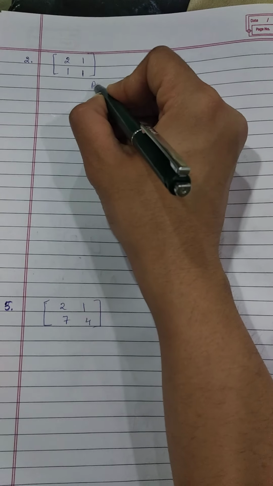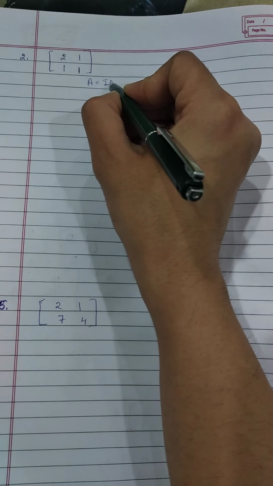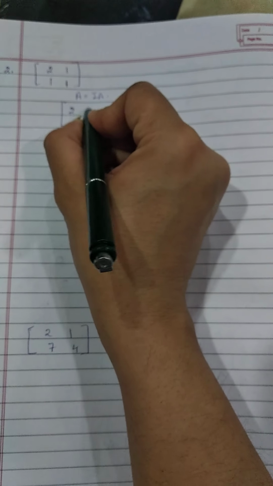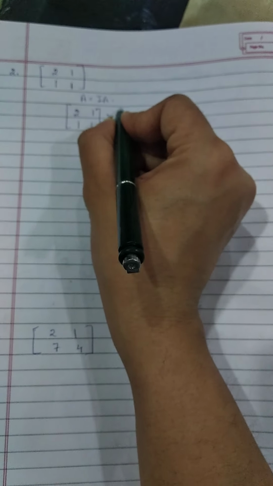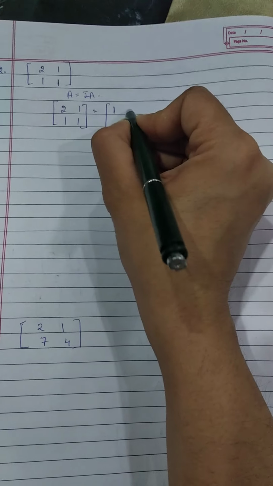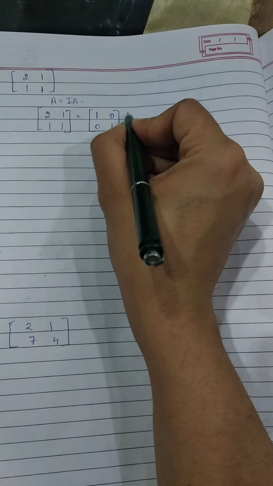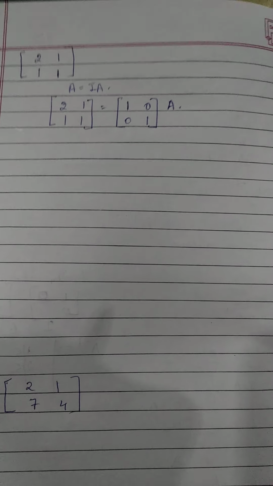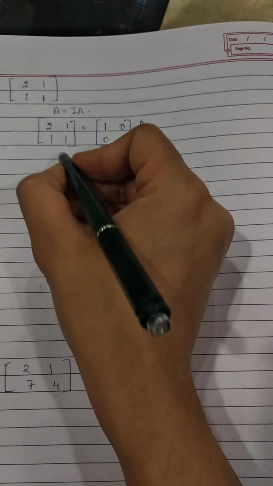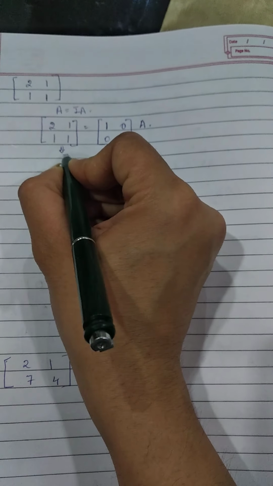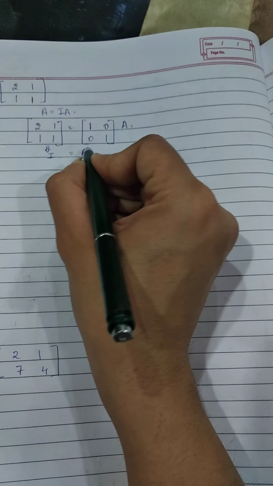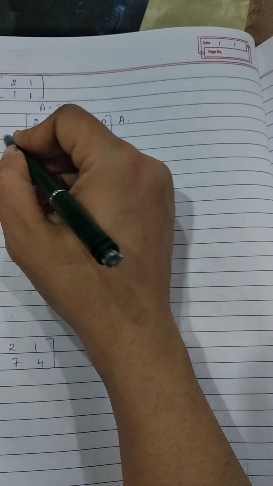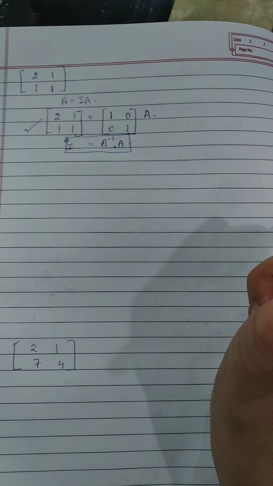Remember, the first relation that we will be using is A is equal to IA, right? So A in this case is the given matrix, that is 2, 1, 1 and 1, is equal to I. Now what is I? It's an identity matrix, and let this A be as it is. Now we will be trying to convert it into which particular expression? Remember, I told you we will try and convert this into an identity matrix. This will be the inverse, and this is A. So I have to convert this matrix A into an identity matrix.